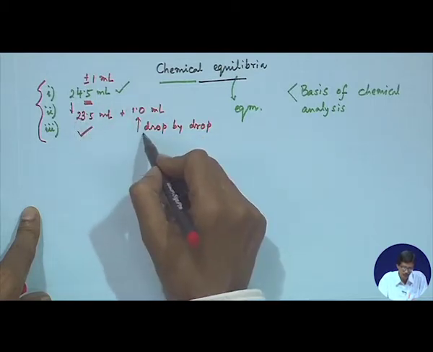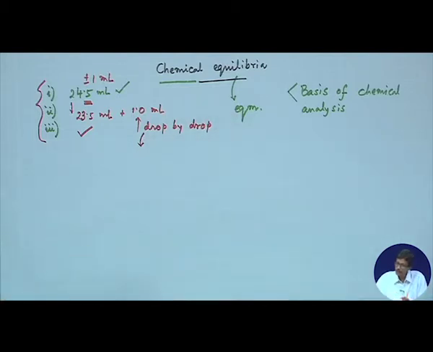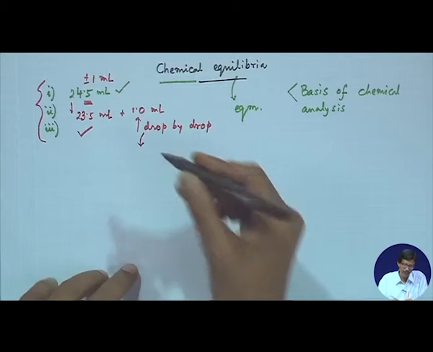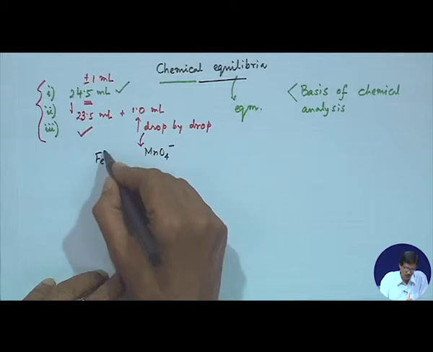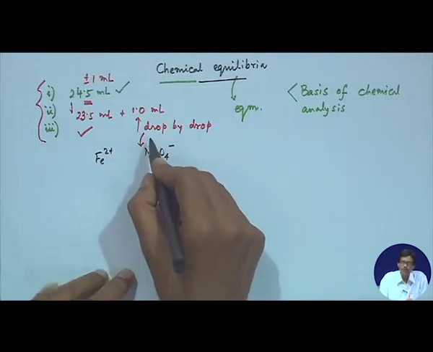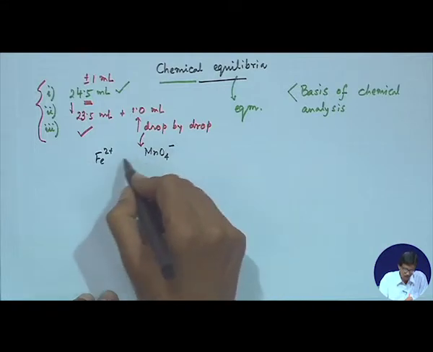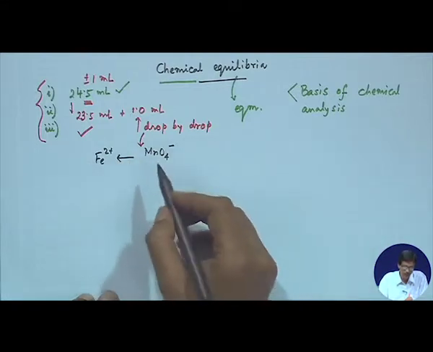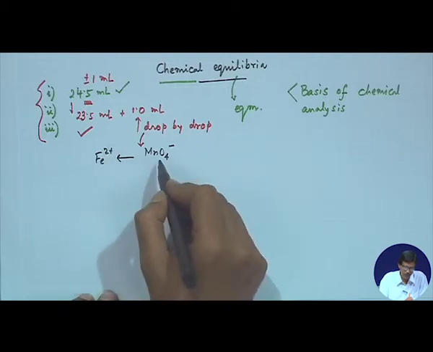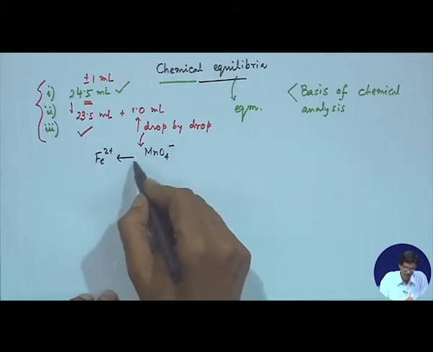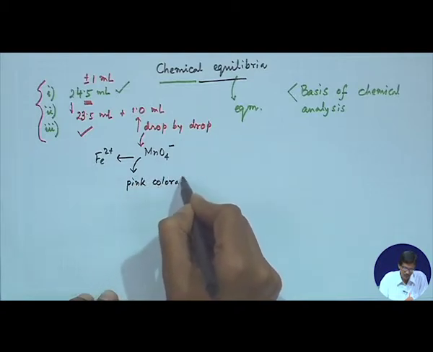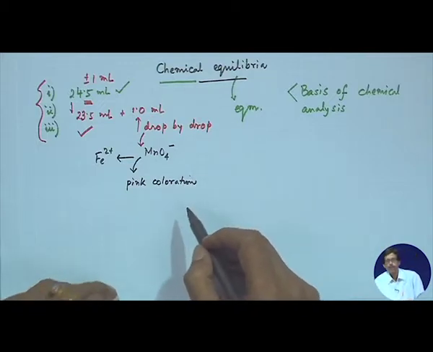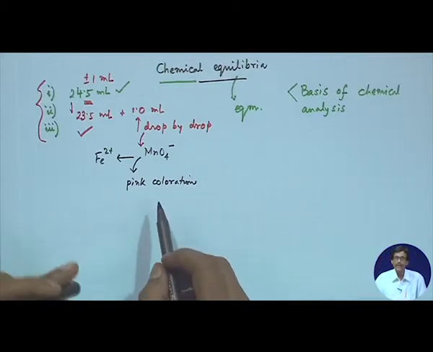That means the last drop, when we go for drop by drop addition, the last drop of the titrant, whether we are adding say MnO4 minus to a solution of Fe2 plus. So, you require the last drop. That last drop of potassium permanganate added to the Fe2 plus solution is not consumed wholly; say half of it is consumed by Fe2 plus, and the remaining half gives a pink coloration to the whole solution, because potassium permanganate solution, as we know, is a self indicating solution.